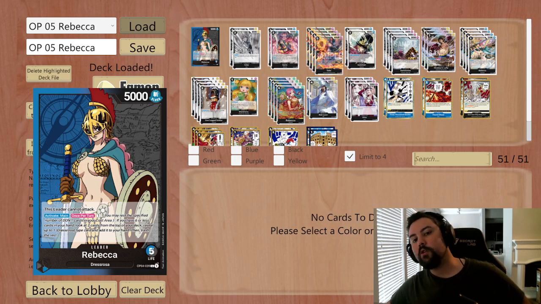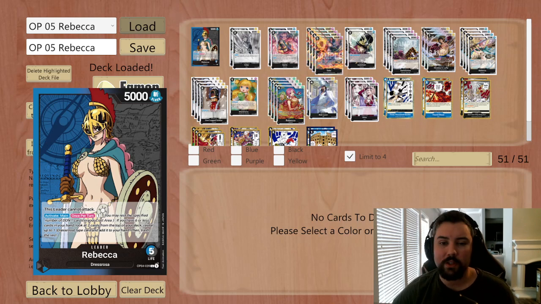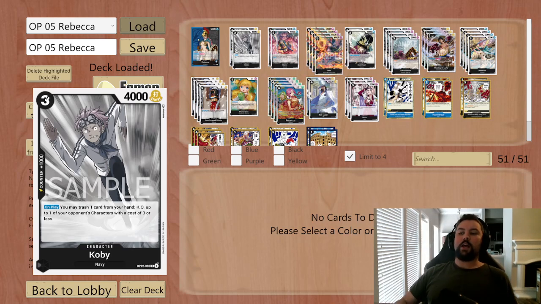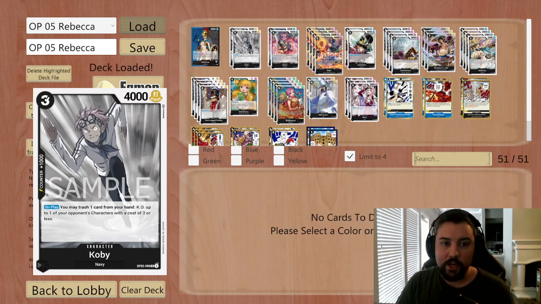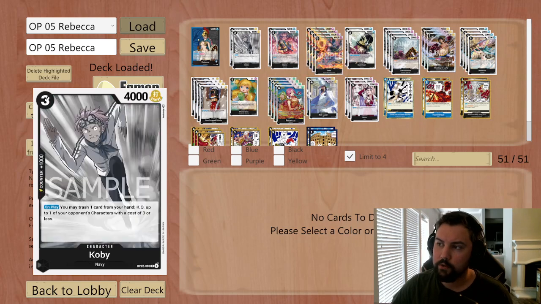Here where I play, I run into a ton of Nami, which means I need more aggressive early clear and attack power. So being able to play an early Rebecca to clear a 3-drop is more impactful, so I've added in 2 Kobys for that reason alone. If I hit him off of a Rebecca search and he goes into trash, it's not that big a deal. Same thing with Kyros. So instead of 4 Kyroses, we have 2 Kobys, and that's just because Koby will hit